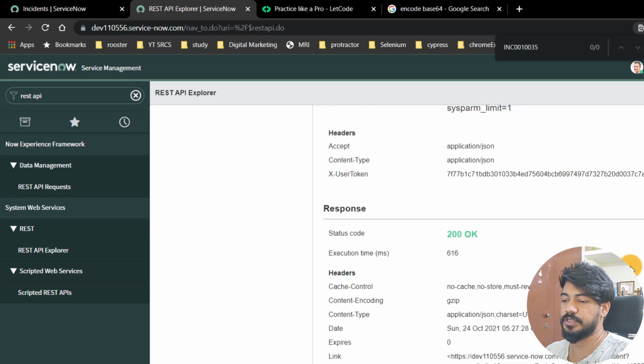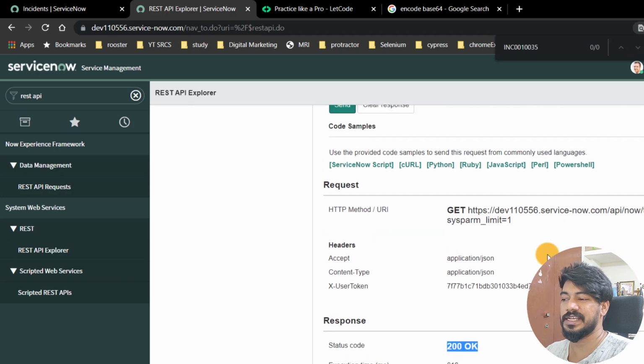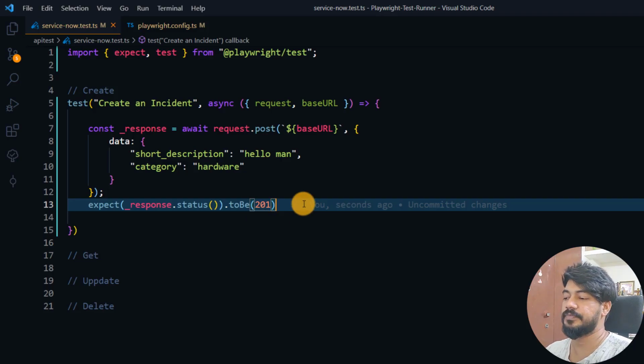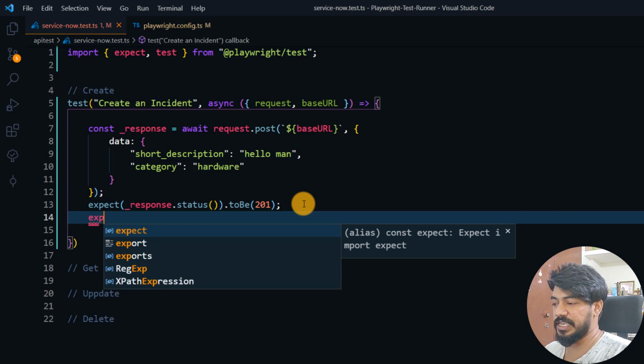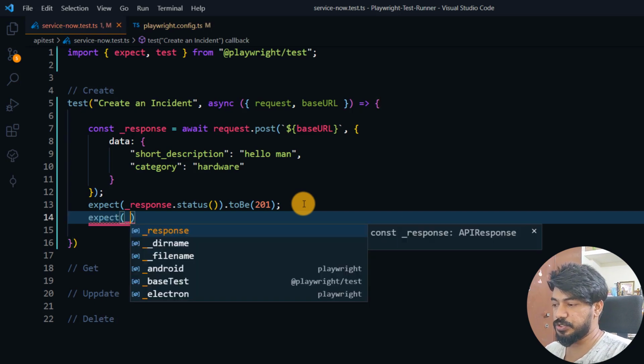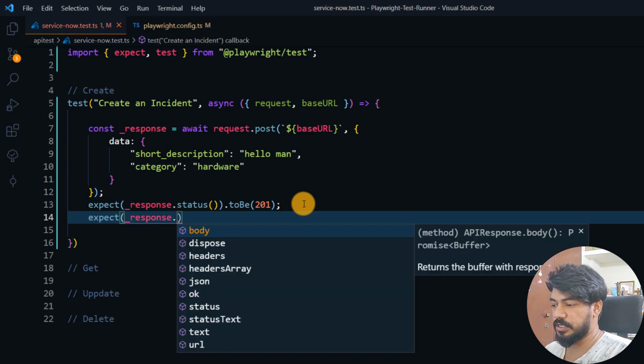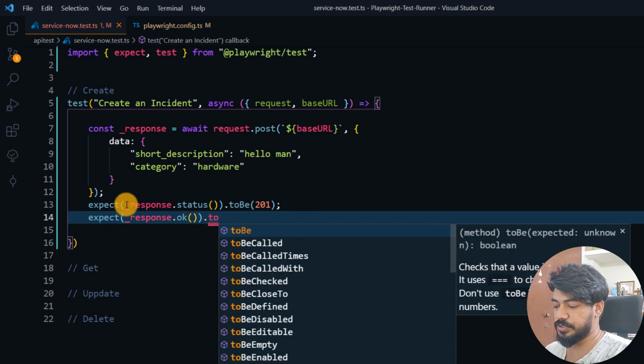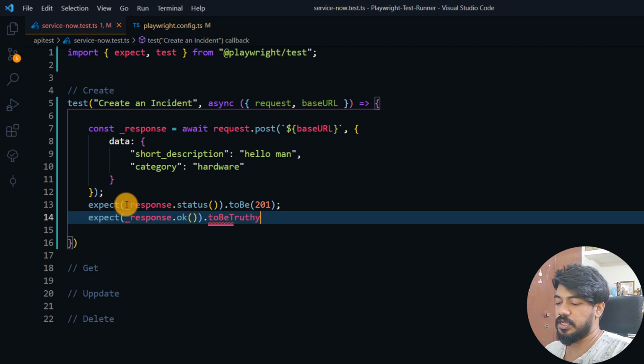Let me confirm here. So here you can select this get actually, but yeah, if you go to the postman, here you can see 201 and the message is created, correct? And also I can say, okay, that means there is no issue here. So response dot ok and dot to be truthy. So basically we are looking for the true value, truthy in the sense it's to be true.